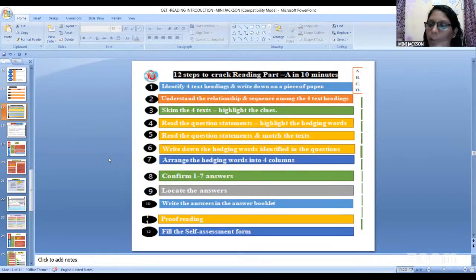But in the reading, when you write part A, you need to see that maybe it's given in percentage. So if it's filling in the blanks, you don't need to write it again, because it's already written as a percentage. If it's 10%, you have to write only 10. The percentage is already mentioned in the text. Is it clear? Yes, ma'am. Thank you, ma'am. Related to reading part A.